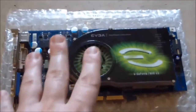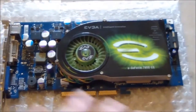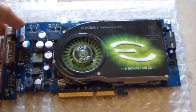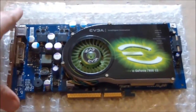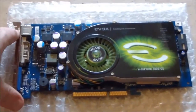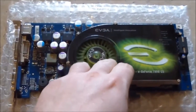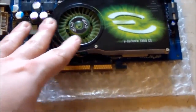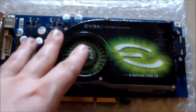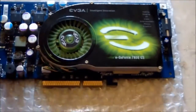Alright, so I thought that whole installation and setup process went surprisingly easily. Everything sort of worked. I had to do some minor things, but I did hit a snag. Obviously, this card, as you can see, is not installed. First off, I was having a lot of troubles with this card. When I first installed it, Windows XP installed fine and everything came up fine,